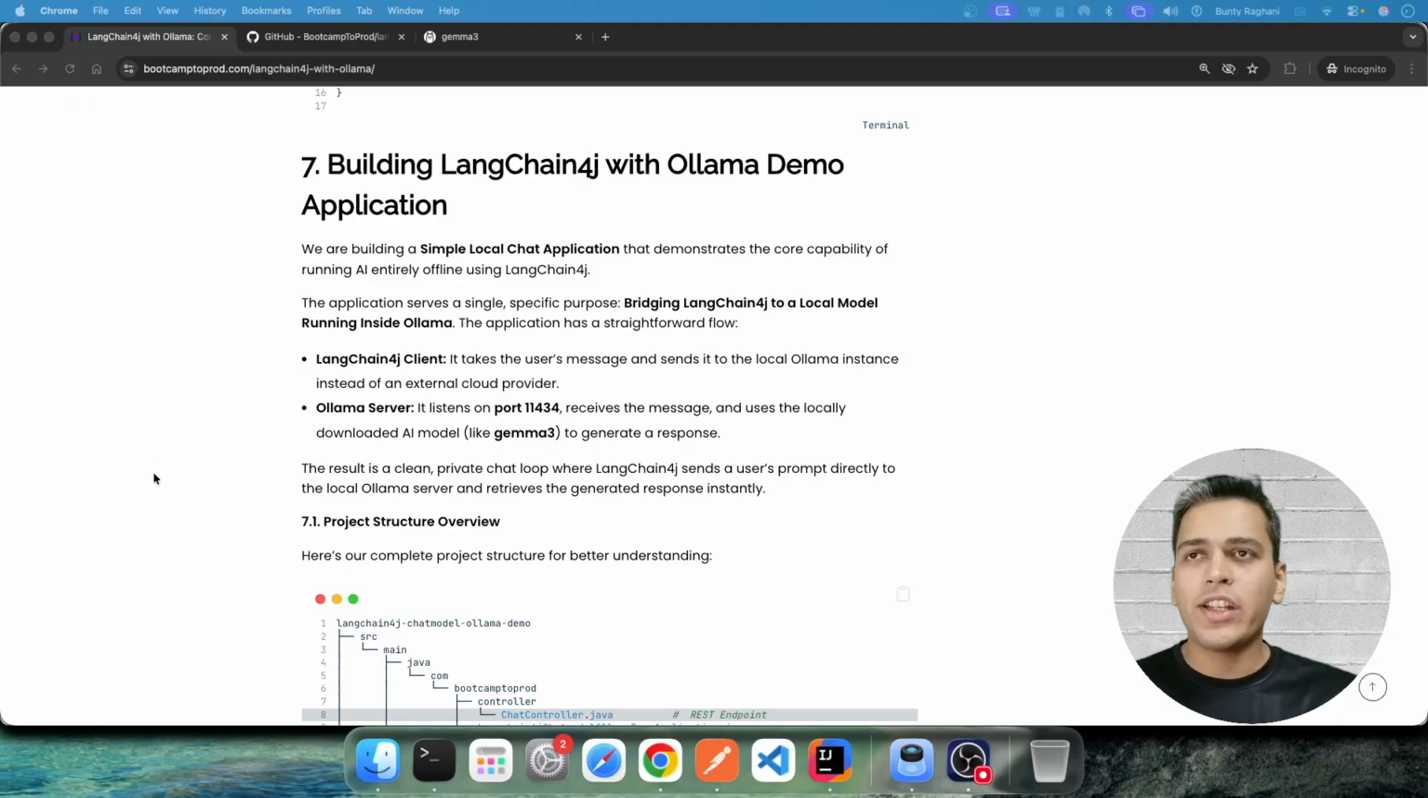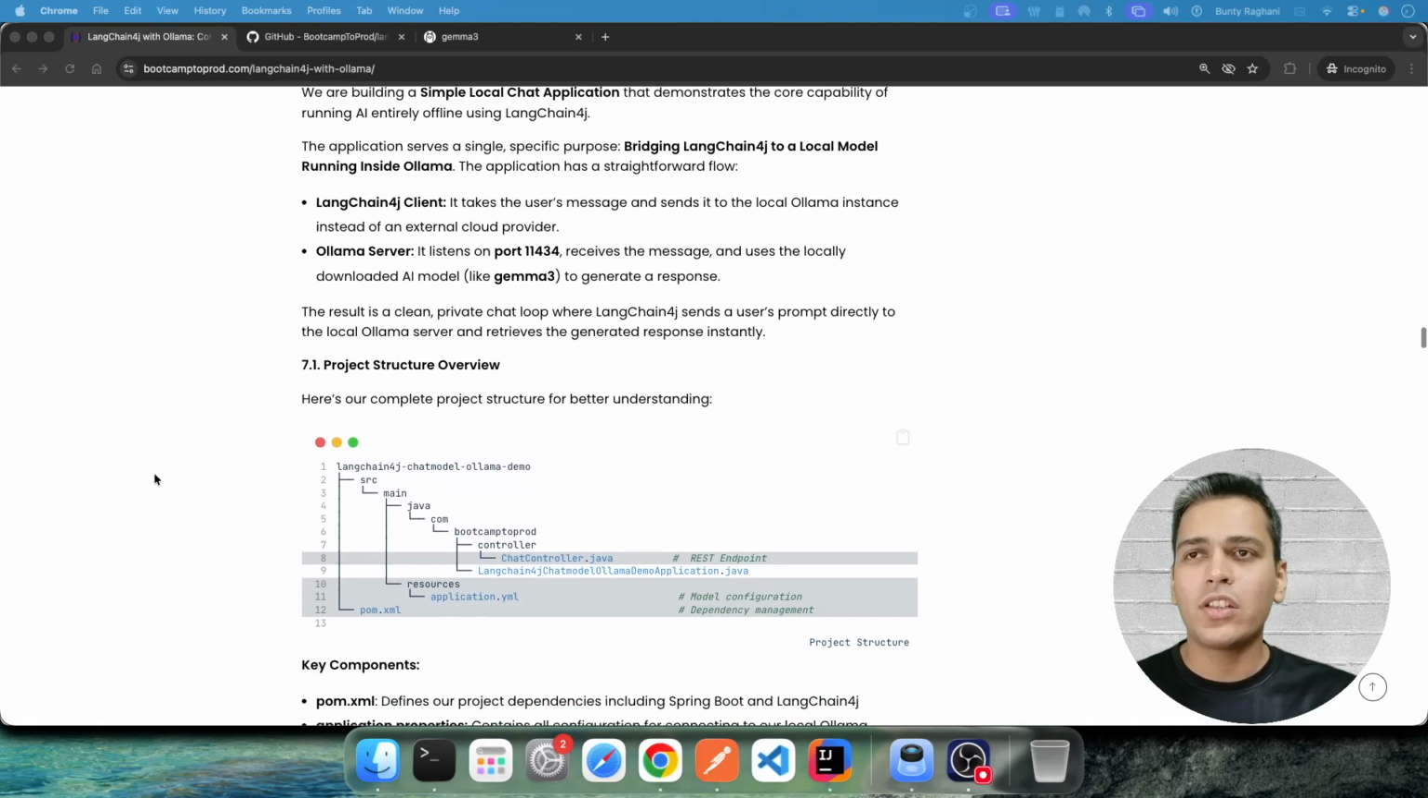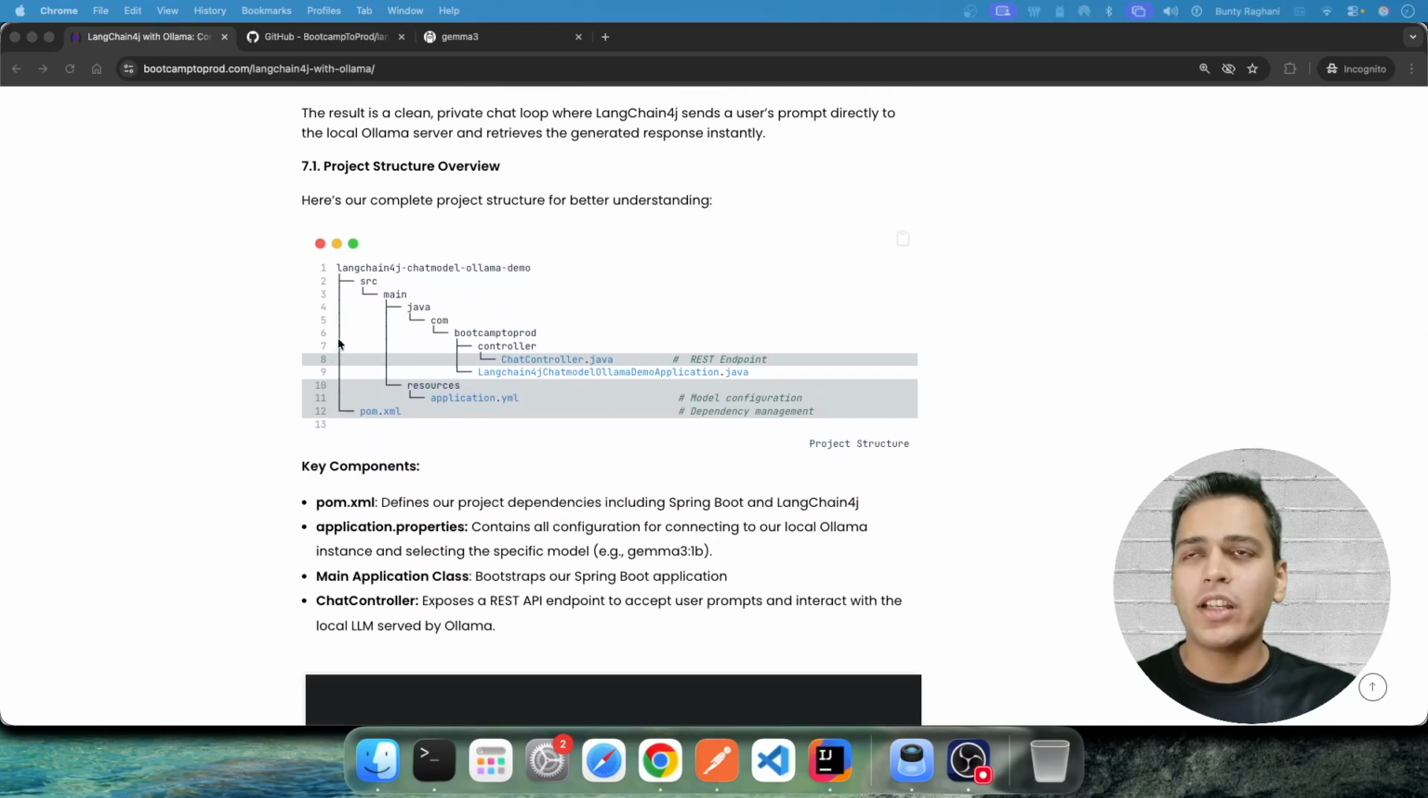Now we are going to create a very simple chat based application with the help of LangChain4j and Spring Boot, wherein our application will interact with the local models that are running inside Ollama. So this is how our overall project structure will look like, wherein the name of our application is